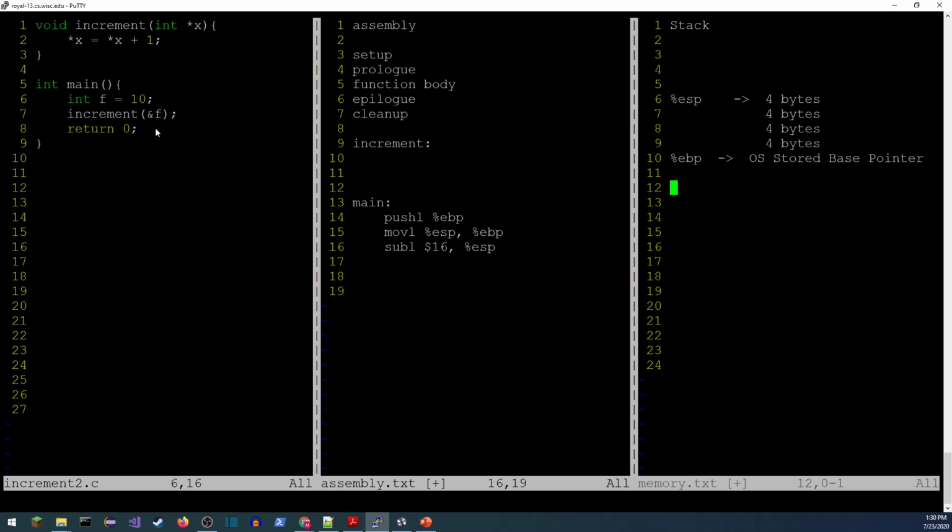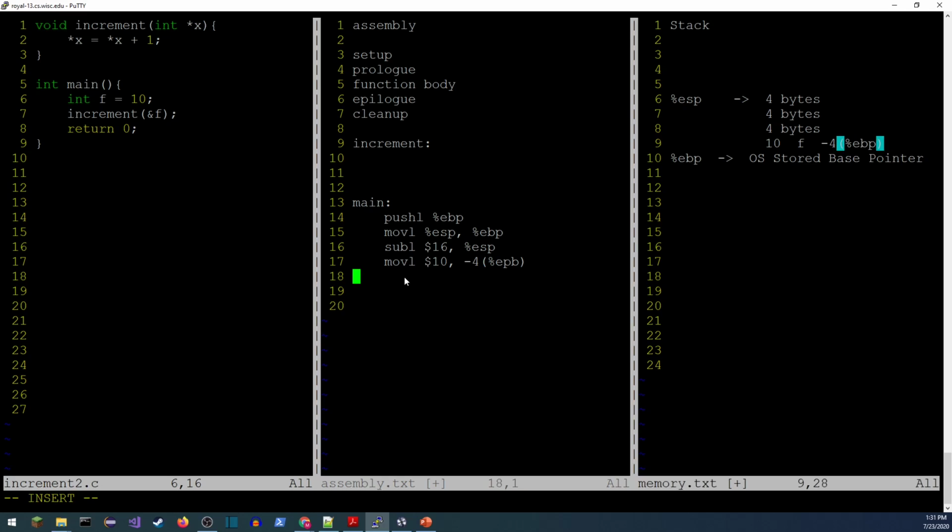And the next thing we'll do is we'll go ahead and use one of those memory locations to store the value 10. So, move value 10, and we'll use the location 4 below the base pointer. So minus 4 EBP. Okay, so that's going to take the base pointer, go 4 away, and store it right here. And there we go, that's value 10. And the variable name for that location is f. And I'm just going to make a note right here that this is -4 from EBP. So I personally can remember that. Hopefully that works.